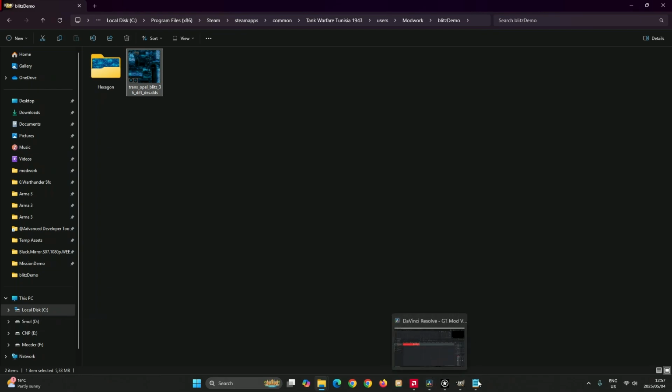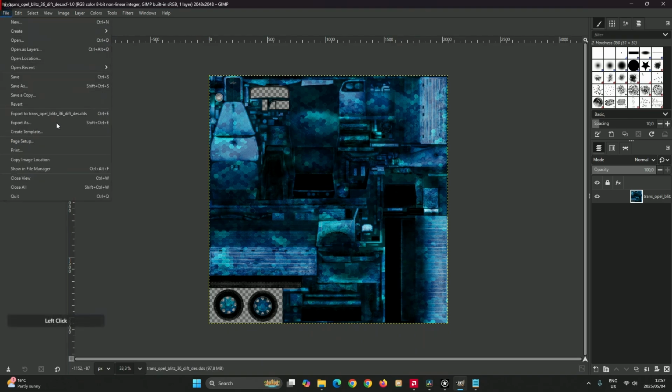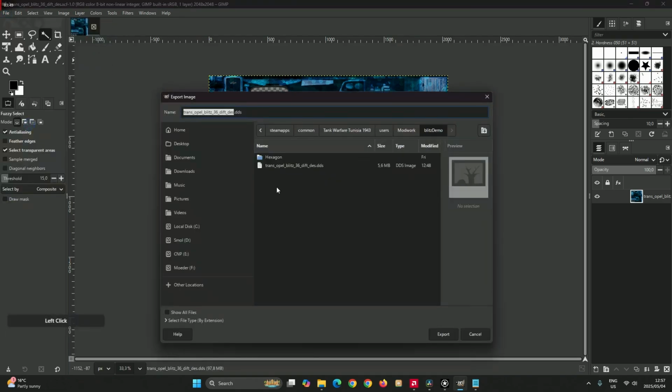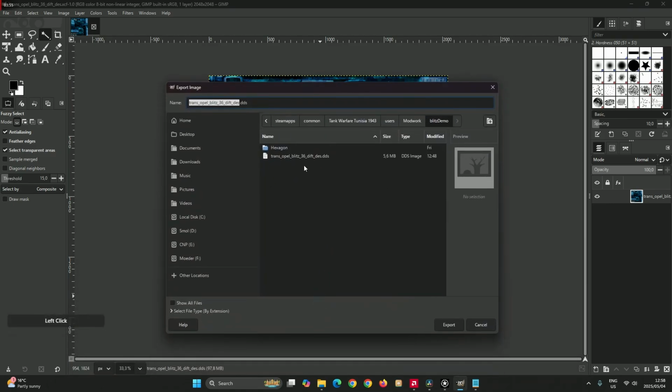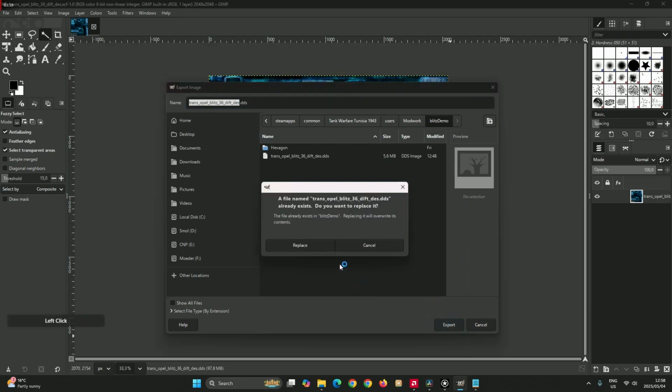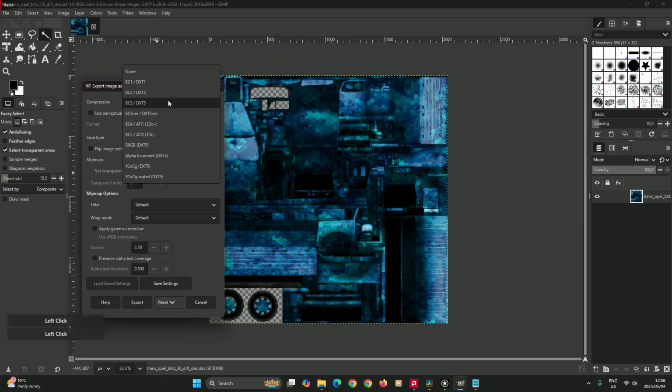So just a quick note on that, I'm going to go into GIMP just to show you. When you do save it, you have to also save it as a .dds file, and once you're done modifying it, you've got to save it as the exact same name that it was inside the game. You got to export it. In this case, yes, I'm going to replace the one that I have,